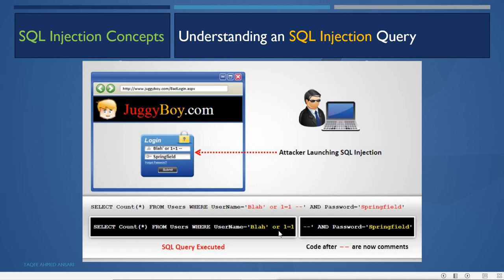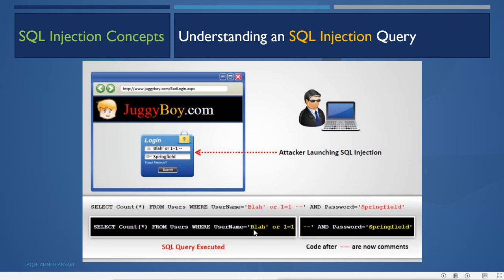Now this OR operator means: if this, else this. It will first check this condition, and if it is not matching, then it will go for the next condition. If the first condition matches, then it will not go for the next condition. This is how the OR operator works. So it checks the first condition, which will not match because the username is not right. So it goes to the next condition, 1 is equal to 1, which is always true.